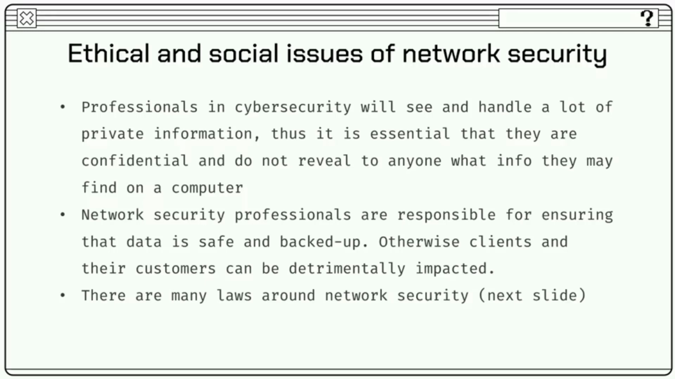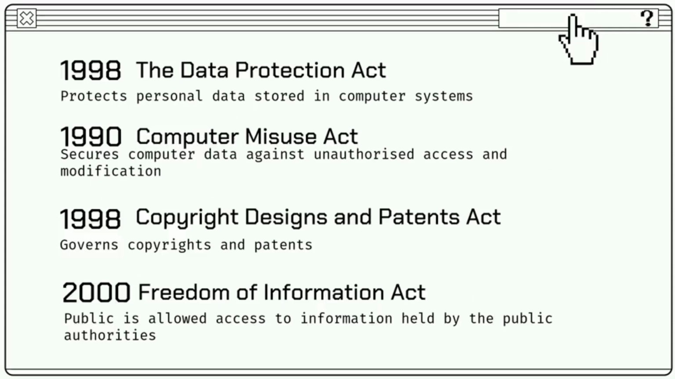For example, if a large company trusts someone else to secure their data and ensure backup, and they don't do that and then something happens like a power outage, they could end up losing a lot of data or they could be attacked and they won't be able to operate. There are also many laws around network security. As seen here, the Data Protection Act, Computer Misuse Act, Copyright Designs and Patents Act,